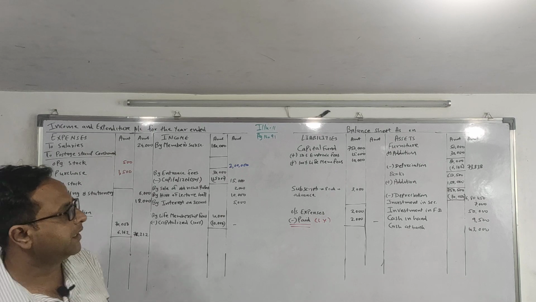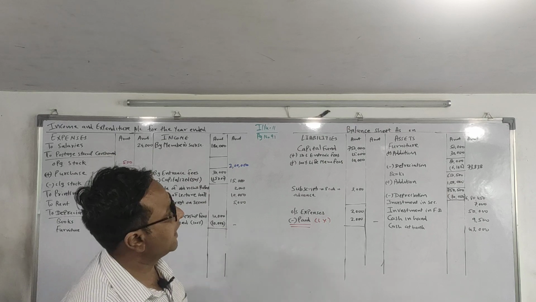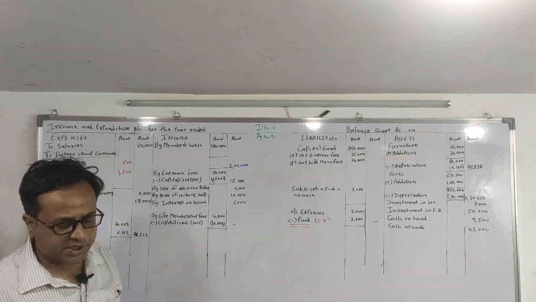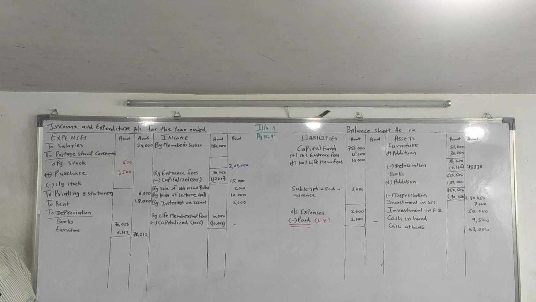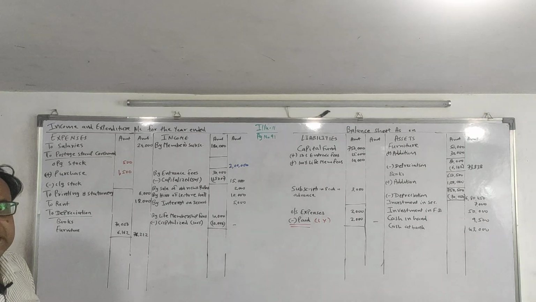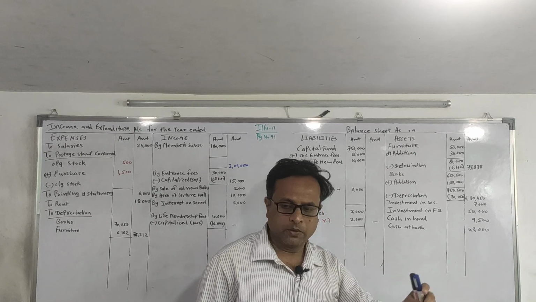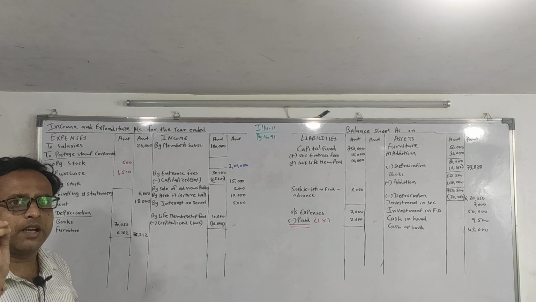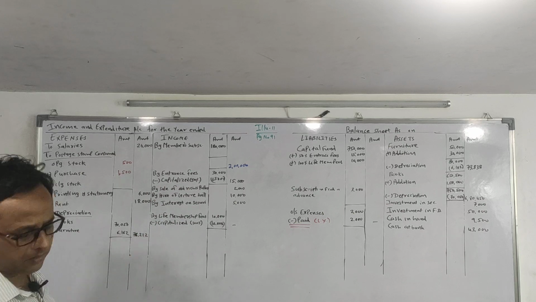Investment in fixed deposit, it is an asset, so we will write it on the asset side. Furniture, again an asset, we will write simply as an addition. Then printing and stationery expenditure, come to the expenditure side and write it down. Land, again an asset, write it down. And then balance carried down. So it is the closing cash and bank balance, we will come to the asset side and write it down. So this is how first we will read the question, note down the adjustments, put a dot and see how many lines to leave, and then we will start with the actual sum.